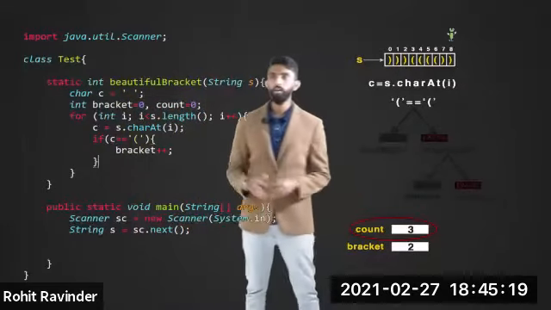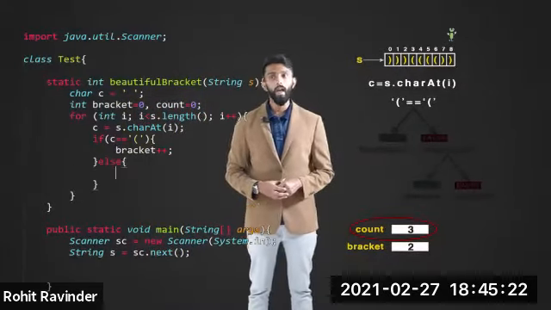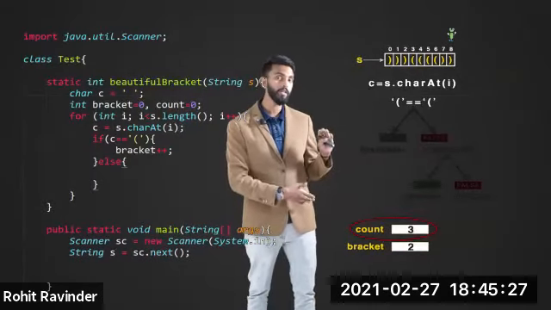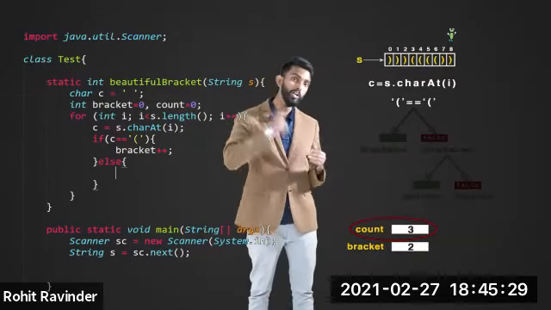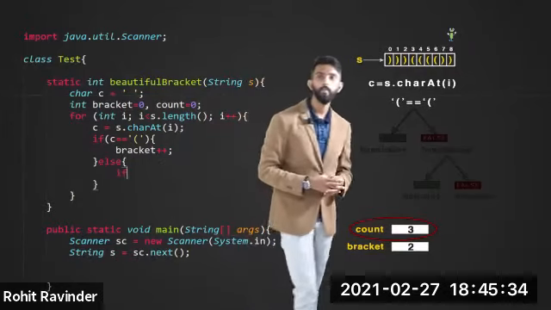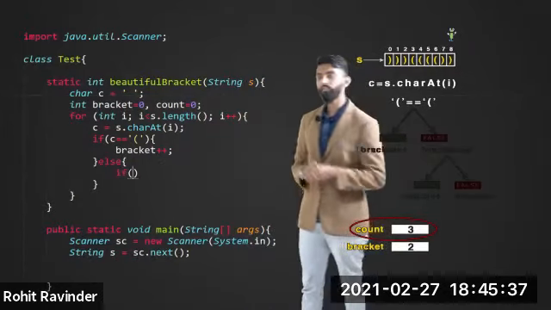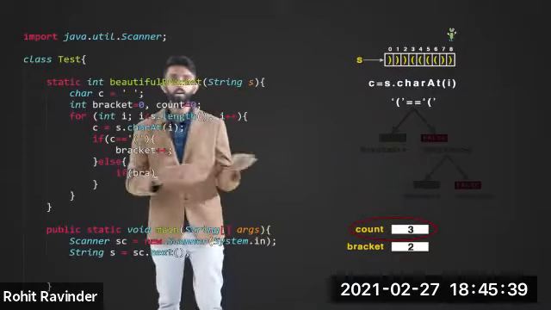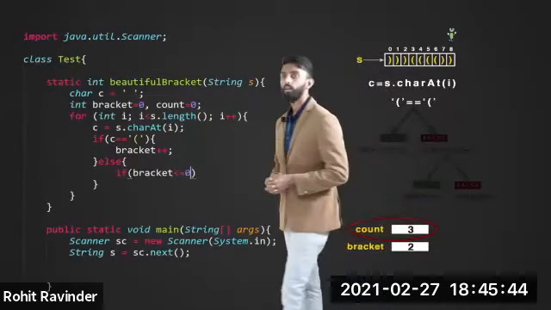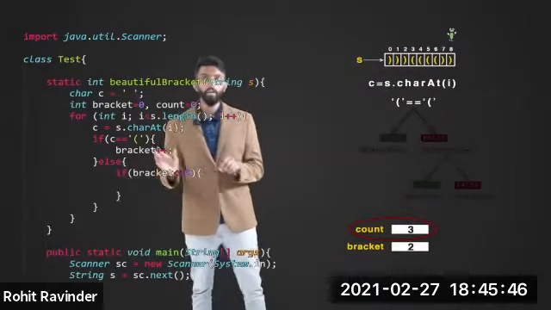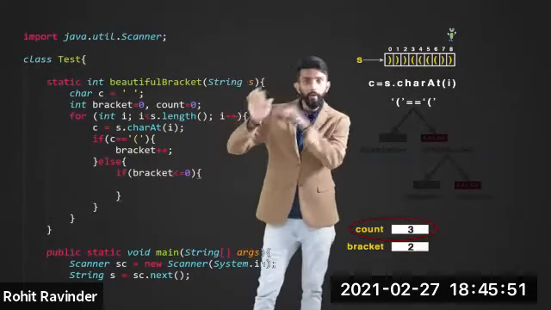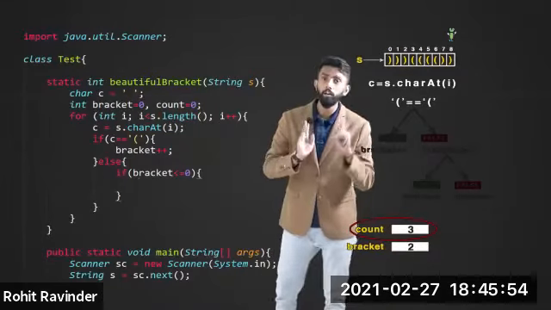Right? Then else. Else means it is not an opening bracket, which means it's a closing bracket. Now to check whether it is balanced or imbalanced, first you should check how many opening brackets were there before it. How will you do that? Simple, if in case, and inside that I will check if bracket's value is less than or equal to 0. If this condition is true, it means that there are no opening brackets, but there is a closing bracket, which means it's imbalanced.